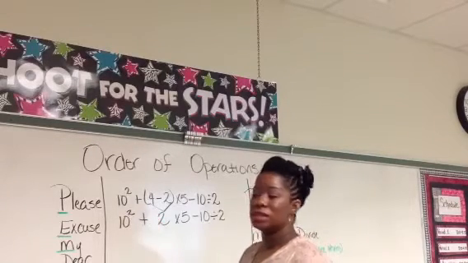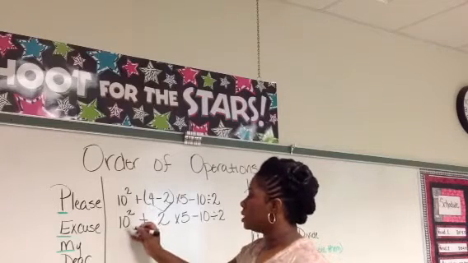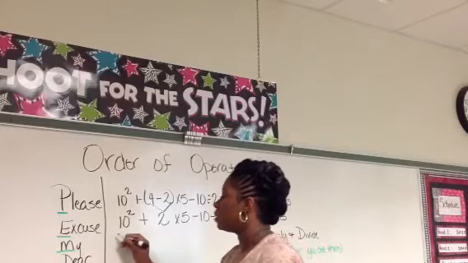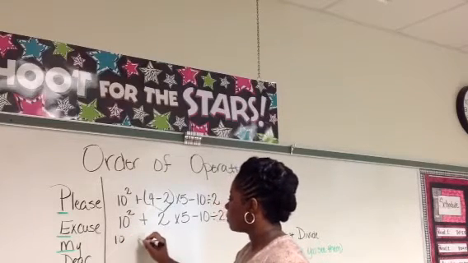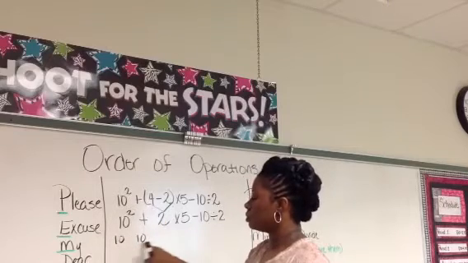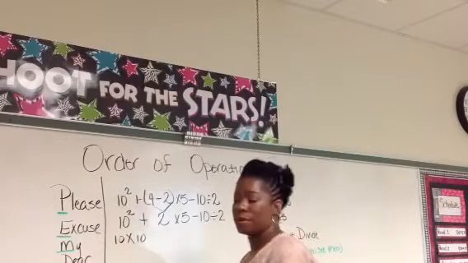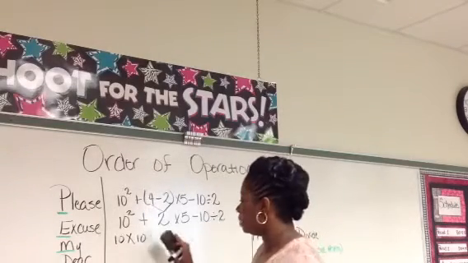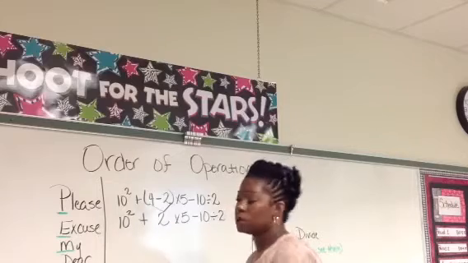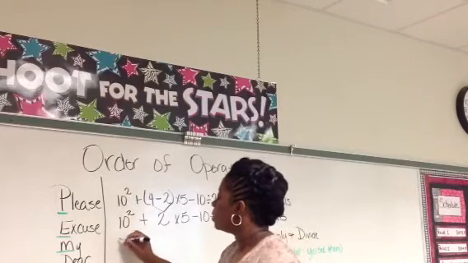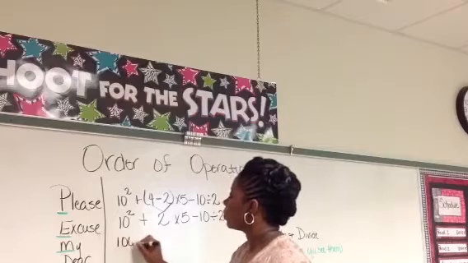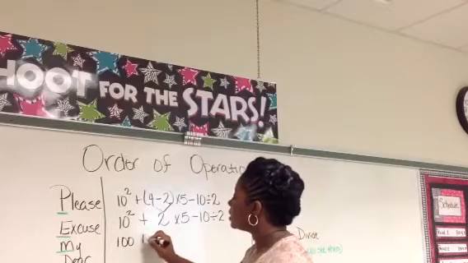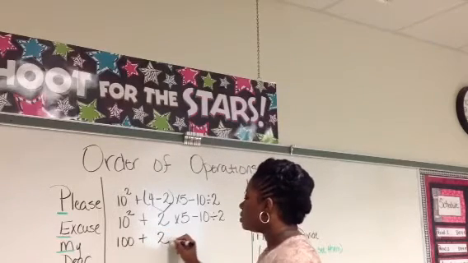That little 2 above the 10 does not mean 10 times 2. It means that there are 2 10s multiplied together, like this, a 10 and a 10. 2 10s multiplied together. And as we all know, 10 times 10 equals 100. So that 10 squared, or 10 to the second power, equals 100. Remember, now I'm going to bring everything down, build the rest of that number sentence around the answer that